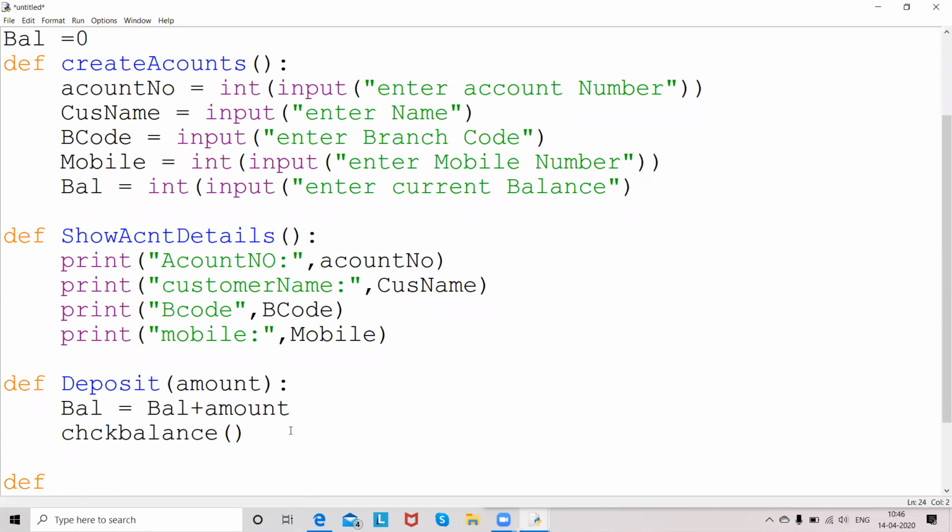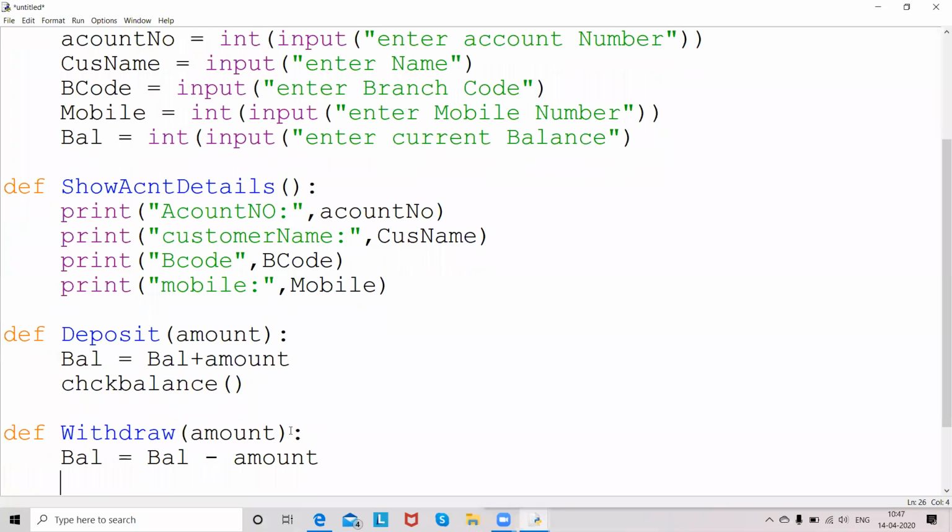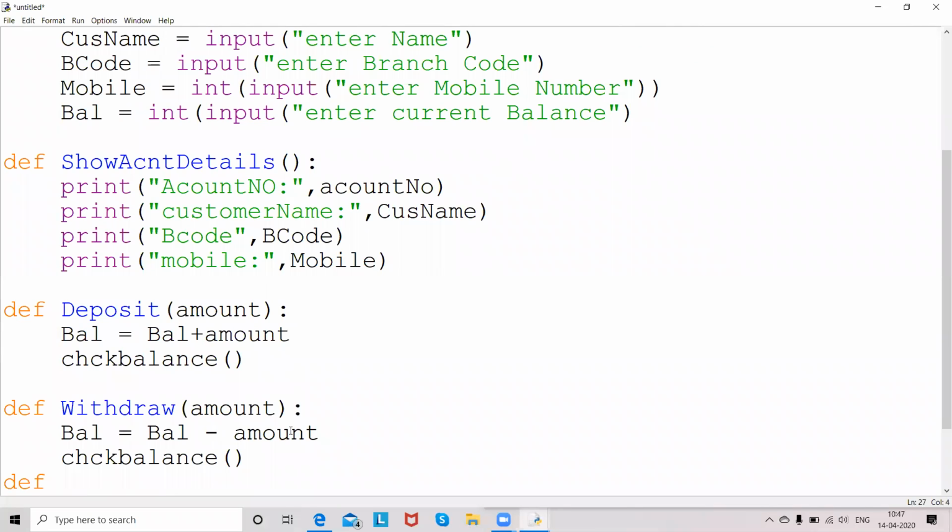Then followed by, the next function is withdraw. So in this also I wanted to put the amount because withdraw function requires how much amount I am going to withdraw. So this time the balance will get reduced. So the formula will be balance is equal to balance minus the amount how much you are withdrawing. Then after this again I wanted to call check balance. This is only to verify whether the data is updated or not. Balance. Okay. Now then I am using the next function, that is check balance function.